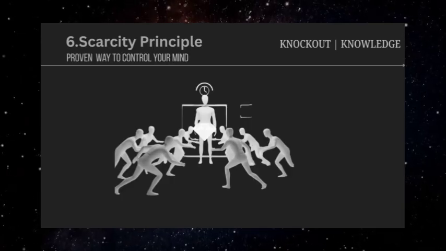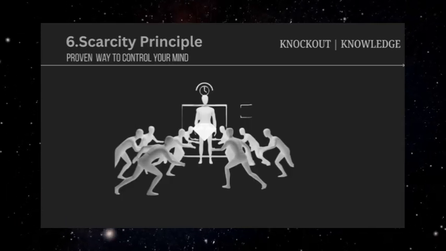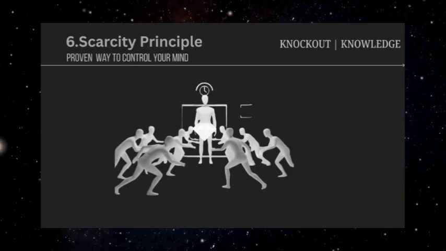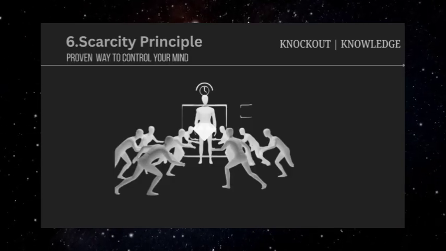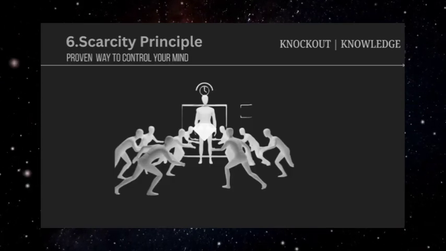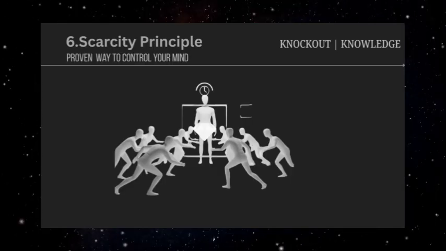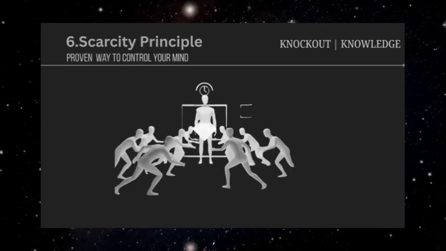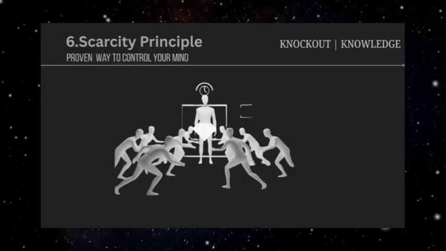Workplace manipulators often use career-based scarcity. "This kind of opportunity doesn't come around often," or, "If you don't take this promotion, we might not have another opening for years." They create the impression that saying no means missing out on something that won't be available again, even when similar opportunities might appear regularly.